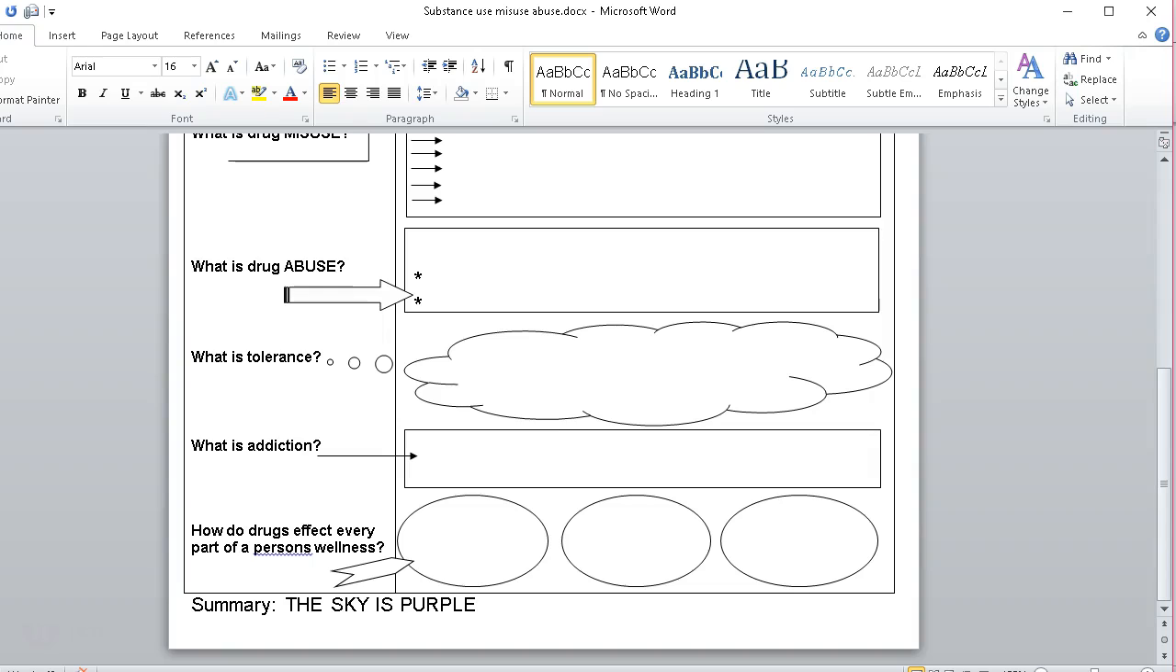You can see it right here on your screen. The sky is purple is our secret sentence of the day. So write that either on the bottom or kind of in the margins somewhere, and I know that you will have listened to